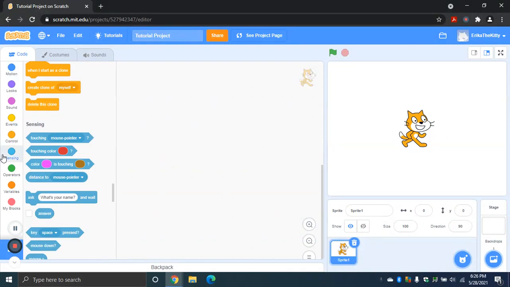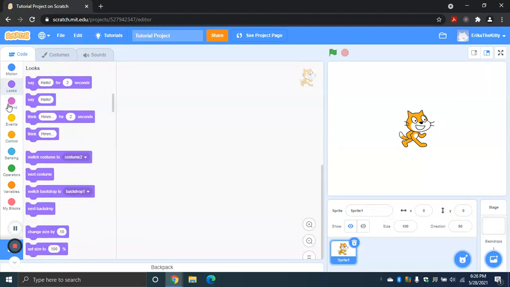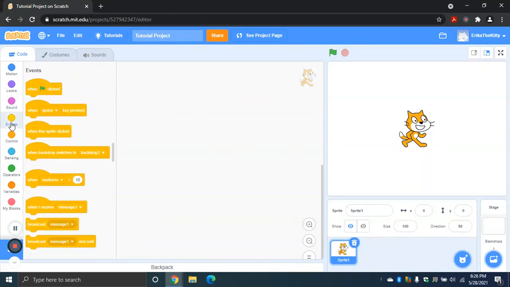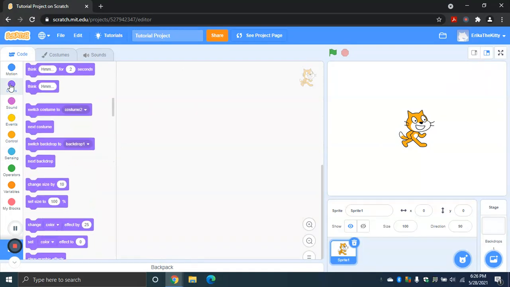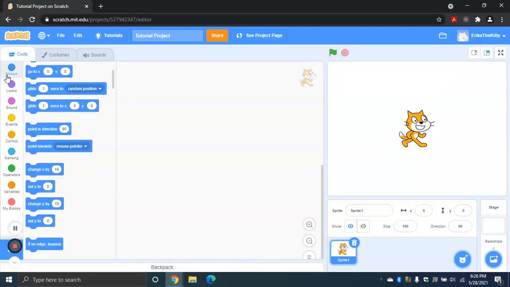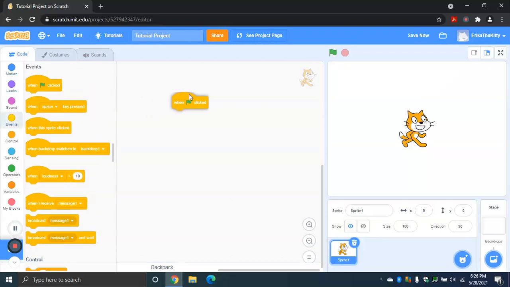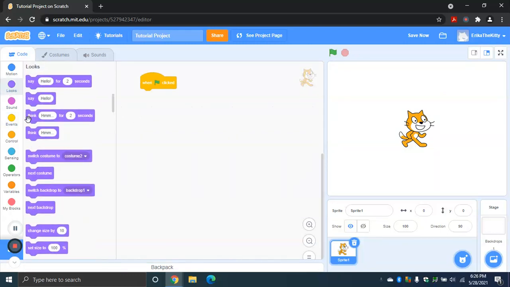Okay. So today I'm going to cover some of the other blocks. Last time we did event blocks and say blocks specifically. So let's get into it. I think covering the looks category sounds like a good idea. So we're going to drag out a when green flag clicked block. And let's cover the